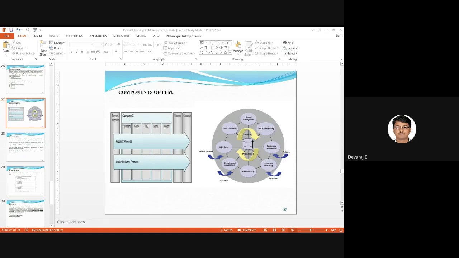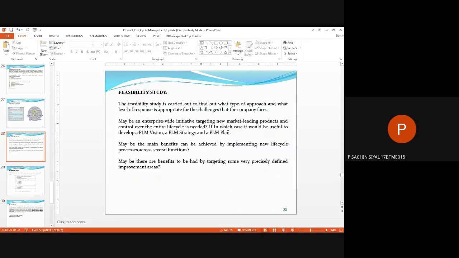Can anyone tell me what a brainstorming session is, if you know? Brainstorming session is gathering a group of people and getting the ideas out without rejecting anyone. And later, in the other stages, you just find out which is the more feasible one. Okay, good Sachin.